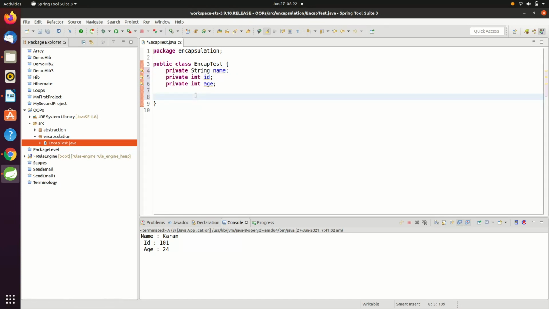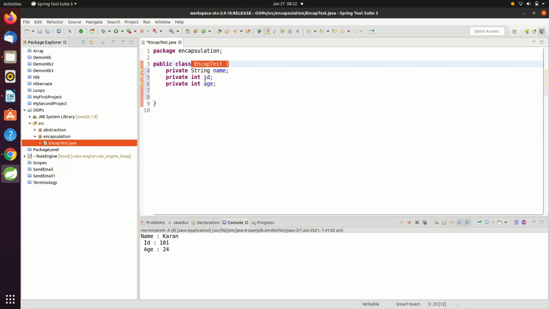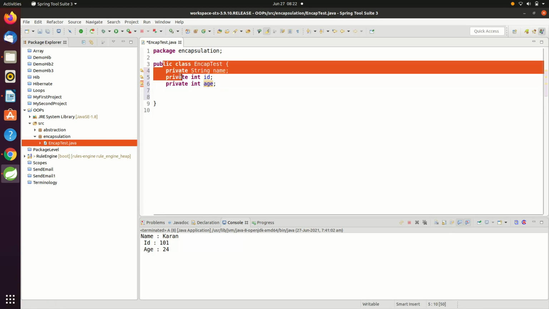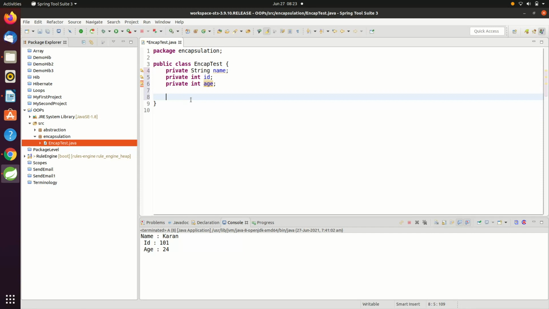Another point to achieve encapsulation is, remember guys, you need to provide public getter and setter methods. These private variables can be accessed only in EncapTest. But what if you want to access these variables outside the class EncapTest in some other class? How will you do it? You need to provide methods, code acting on the data. Code acting on the data is a method, and data is variables.